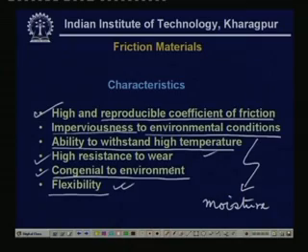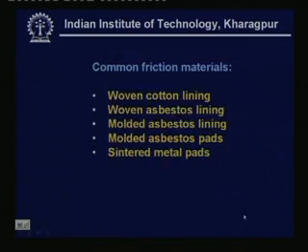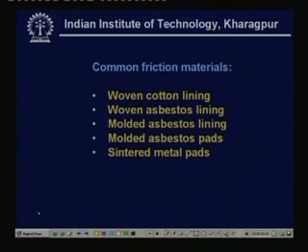drum may vibrate, or there may be various vibrations in the machinery. So, it has to be accommodated, and this can be accommodated by the friction material. So, this must be a little flexible. Now, these are roughly the requirements of the friction materials. Now, normally the friction materials available can be classified. So, if you want to procure the friction material, then we will have to look up into